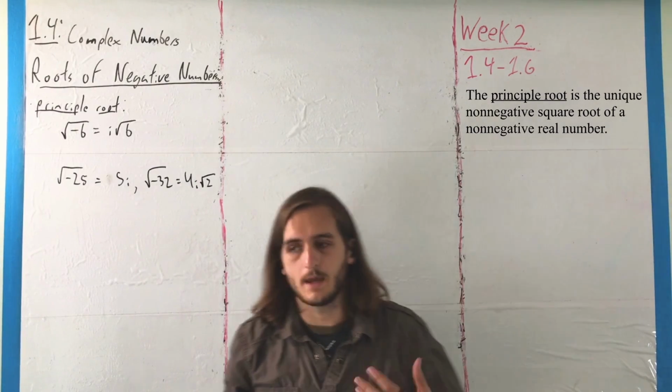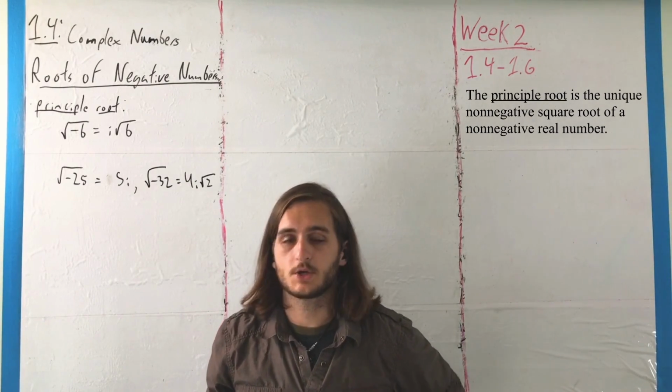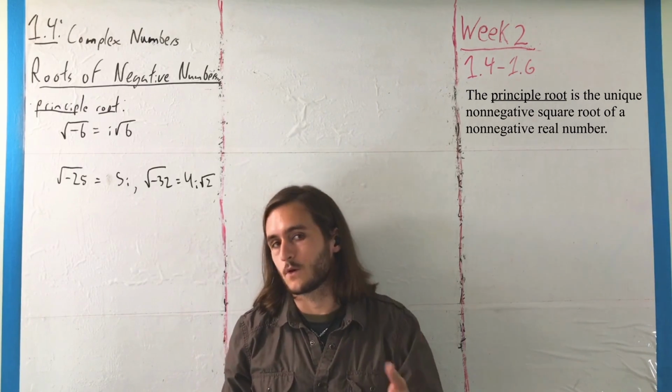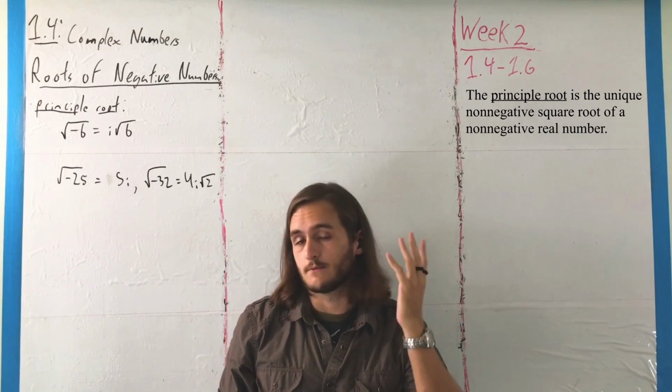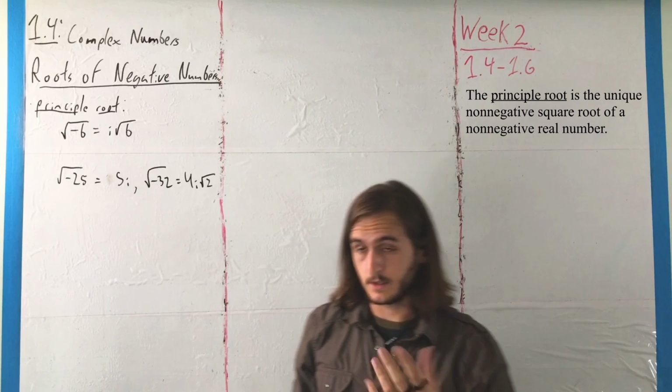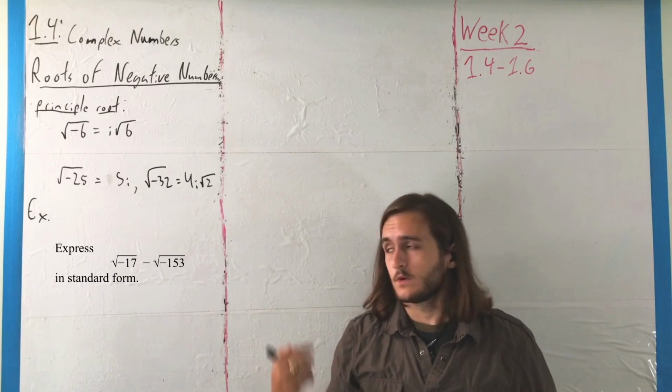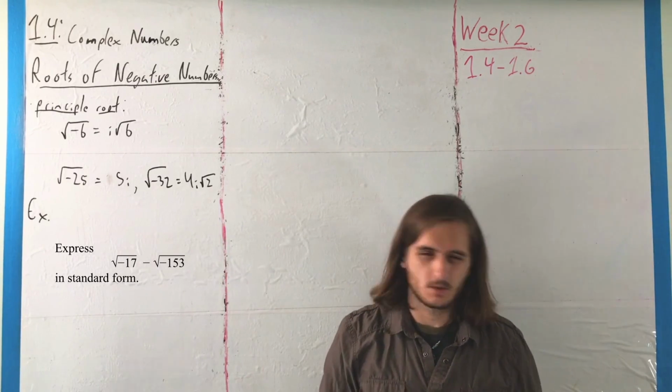And this allows us to make some not so nice looking expressions, well, a tiny bit cleaner, a tiny bit closer to our standard form, our complex valued form, which we'll see with another example. So for this example, we want to express the square root of negative 17 minus the square root of negative 153 in standard form. So this means we want to break this up into parts with i's